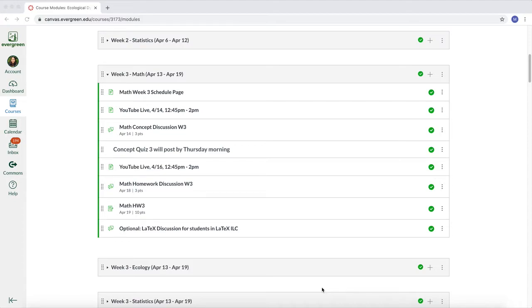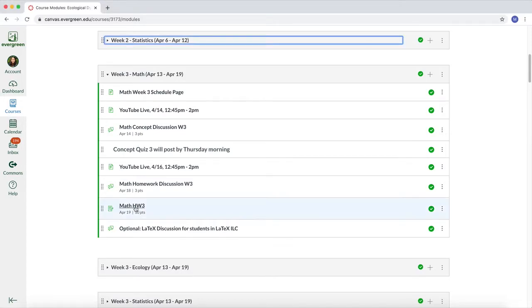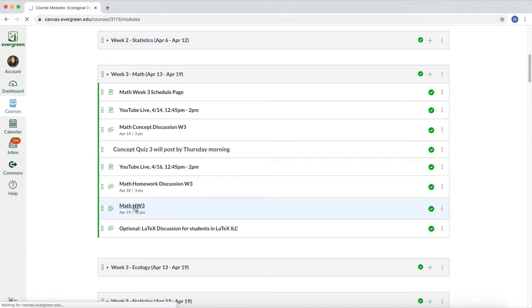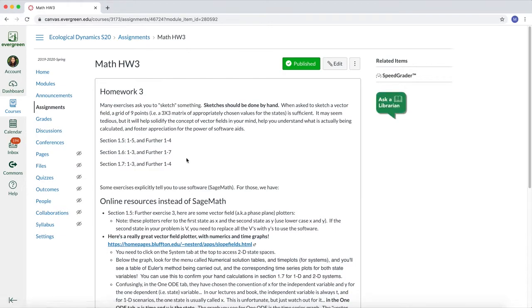that software that was mentioned in my Math Homework 3 and see what kind of cool stuff it can do. So remember that the software link is located right here in Math Homework 3. Just click on that in the module and you'll see that your assignments is pretty much every problem in sections 1.5, 6, and 7 here.